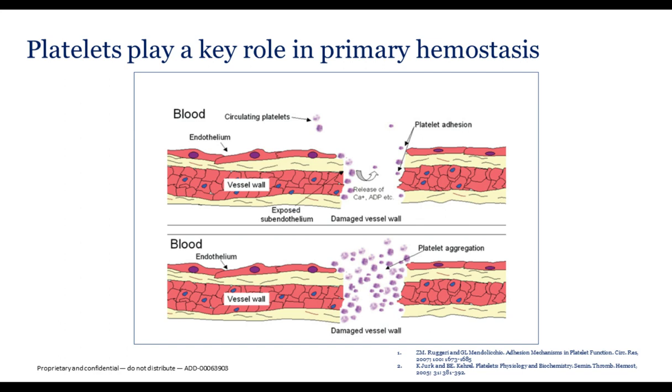Platelets themselves play a key role in primary hemostasis. The initial stage involves platelet adhesion. In this process, the platelets come into contact with the negatively charged surfaces of the exposed endothelial of the damaged tissue and adhere to them, as you can see in the diagram. This process is principally mediated through interaction between platelet surface glycoproteins, particularly GP1B, von Willebrand's factor, and collagen fibers of